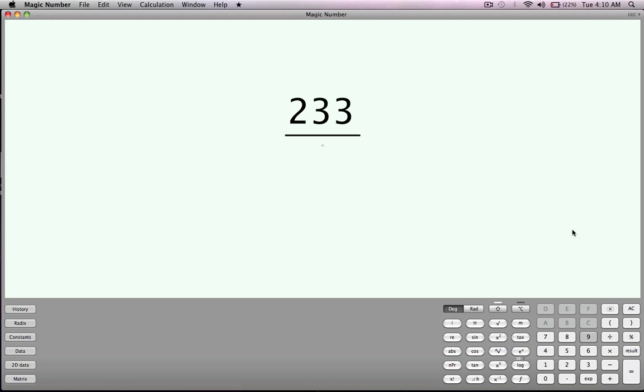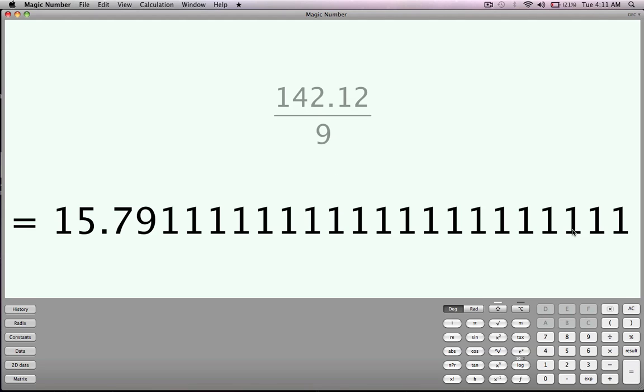So let's do some of these in our head, shall we? 233 divided by 9 will be 25.888888. Alright, so let's just enter a random number. 142.12 divided by 9 should be 15.78. Alright, then I gotta carry over. So 15.79. 10 carries over 1. 15.791 barred? Yeah, cool. So the larger the numbers get when you add them, it does take a little bit longer in your head,